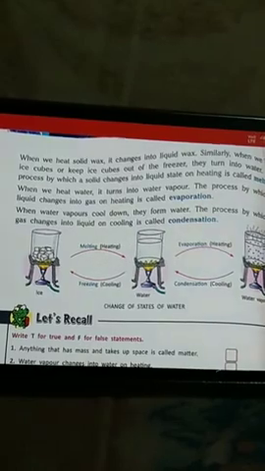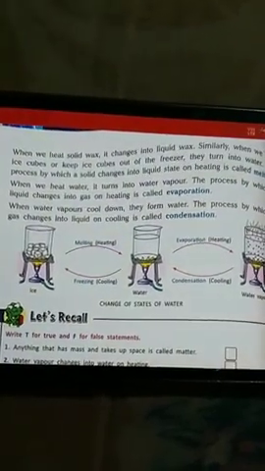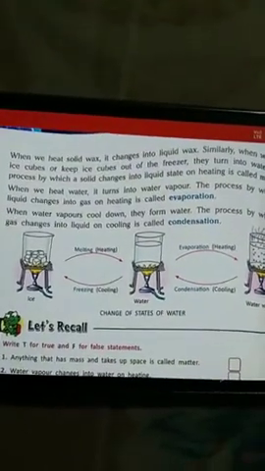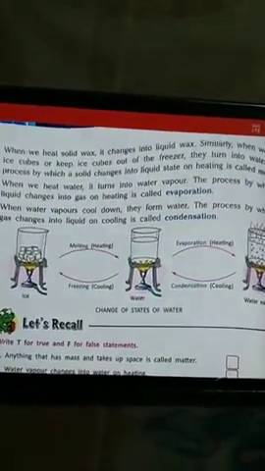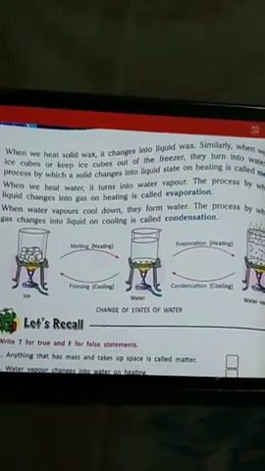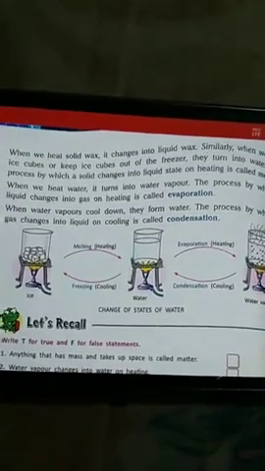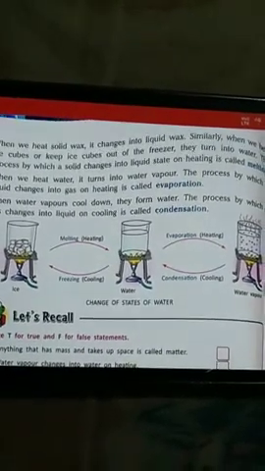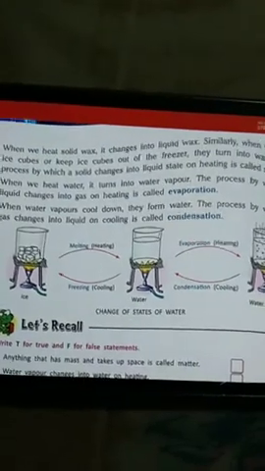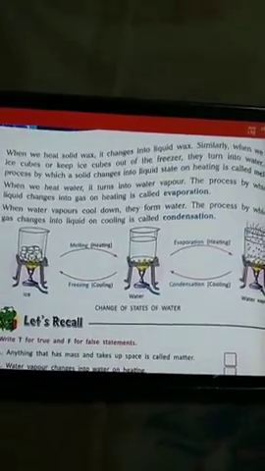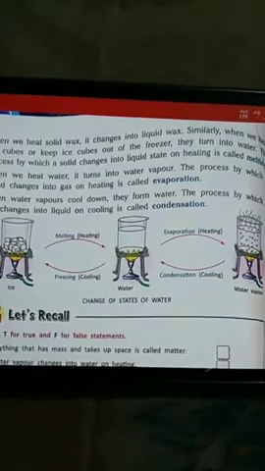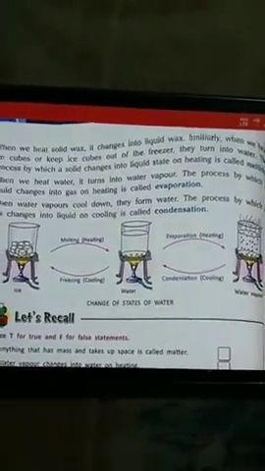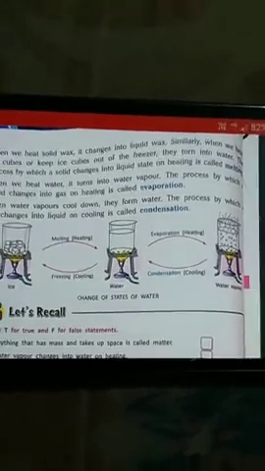And you will also see slowly what happens. The water is getting converted into water vapor and it blows away. It vanishes. The quantity of water inside the container decreases. So when we are heating that water, the water is changing into water vapor. Water is in liquid state and the water vapor is in gaseous state. So you can see, children, the liquid state has changed into gaseous state on further heating.